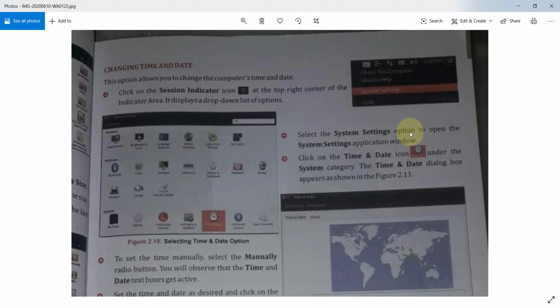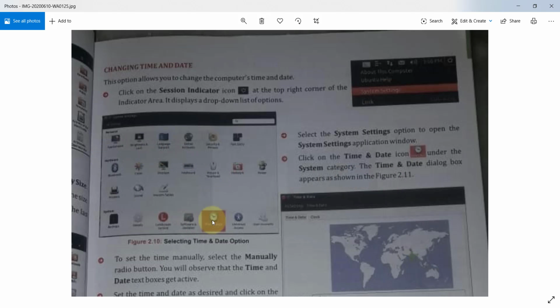Select the system setting option to open the system setting. Then click on the time date icon. And the time date dialog box appears as shown in the figure.